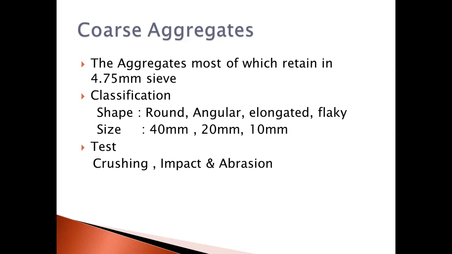So that is how we call it locally for the coarse aggregate. For example, we call it Wonder Jelly, Mukka Jelly, and chips, which are for 40, 20, and 10. So we all know that while starting the construction, what we have are 40 aggregates, 20 aggregates, and fine aggregates, that is sand, and we have steel, and we have the cement before starting the project.